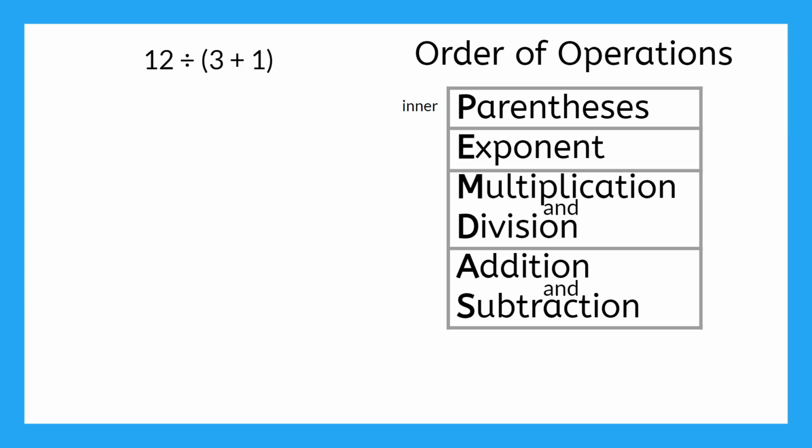That was a lot of rules, but now we can finally prove my brother wrong. Remember, he thought the answer was 3, but I know it's 5. So let's use PEMDAS to prove it. So first we do anything in parentheses. So 3 plus 1, that gives us 4, and then the only thing left is division. And 12